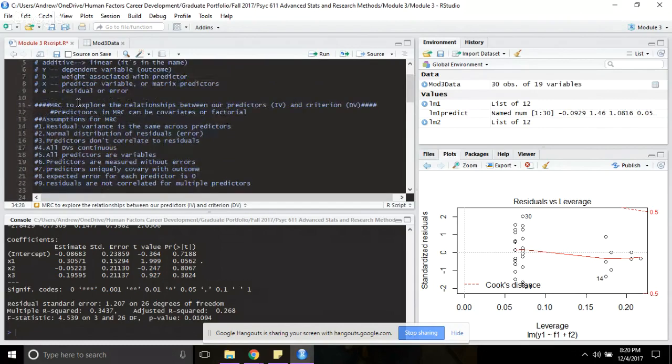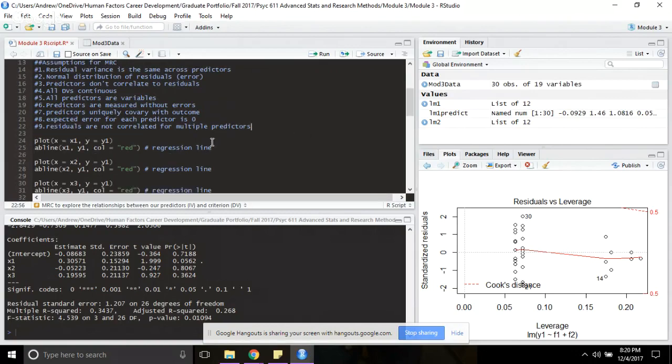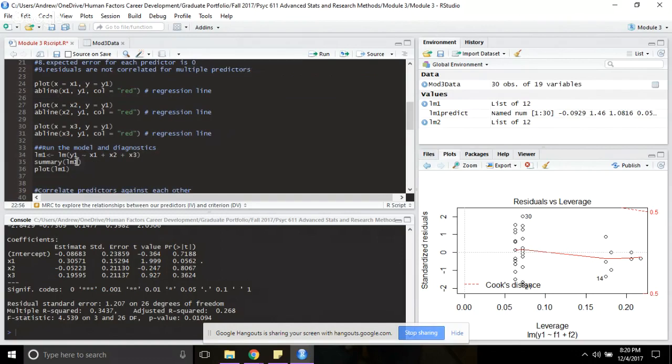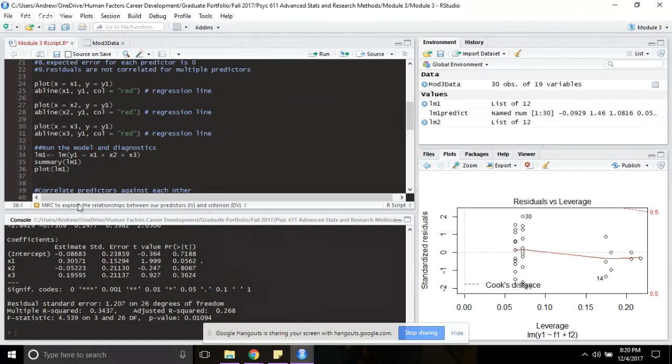And so MRC has these Gauss-Markov assumptions here. There's 9 of them. I'm not going to talk about all of them, but I will probably reference some of them. There's no probably about it. I definitely will reference some of them as I go through my presentation here. So we'll run that model, and I'll put some summary, and we get this